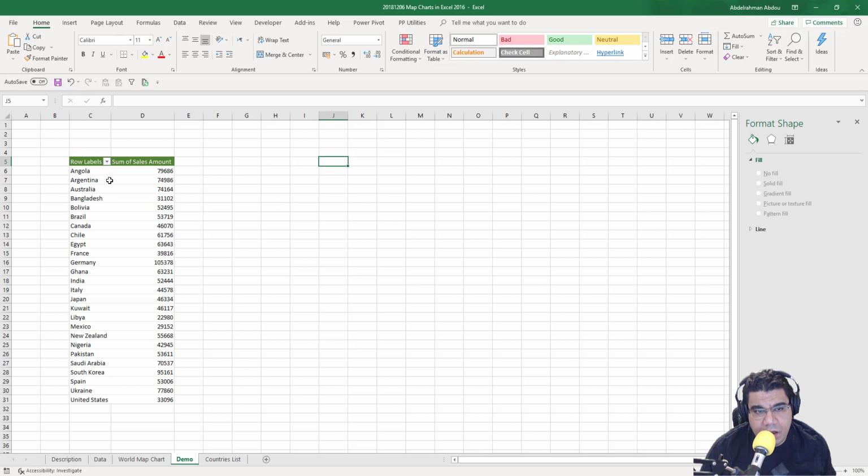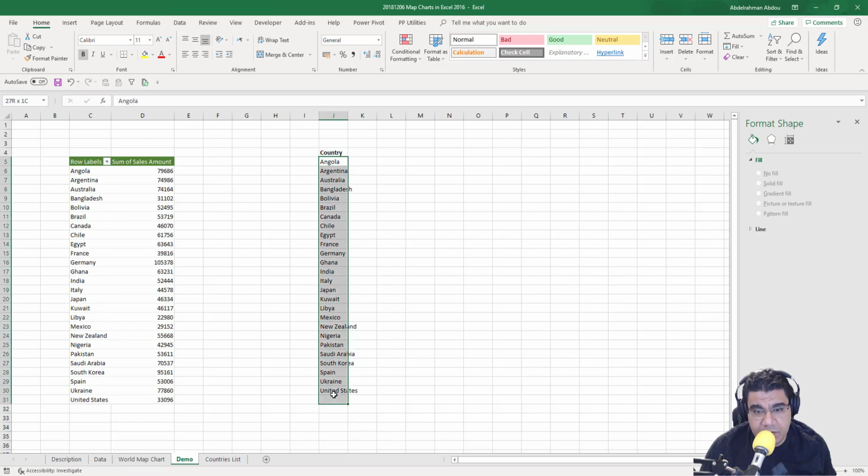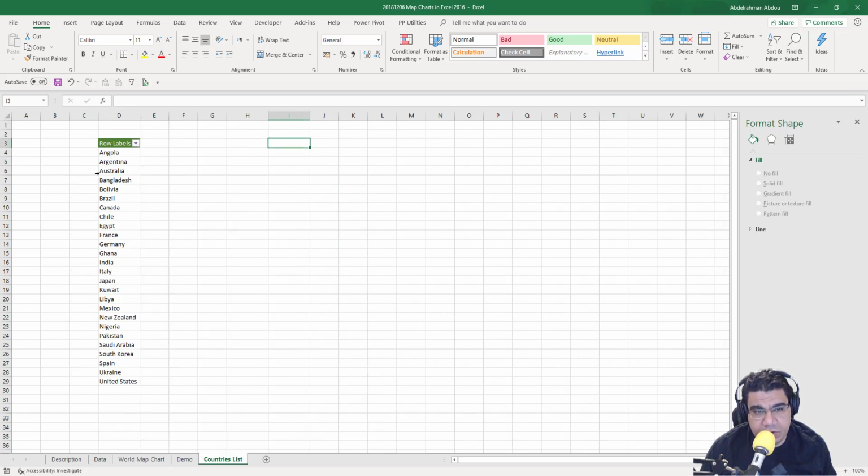And now I need to create the table that is going to feed my map chart. So to do that, I need just a list of my countries and their sales. So I could actually just copy my countries here and paste them, but this is actually not going to make my list dynamic because I just copied my countries. So to make my list dynamic, I need to get my list from the countries list pivot table here, and I'm going to create a dynamic range that is going to get me the countries from this countries list pivot table. So to do that, I can use either the offset function or the index function to create a dynamic